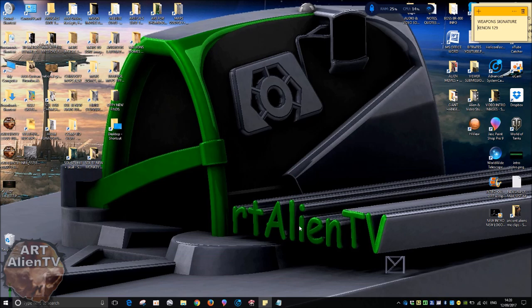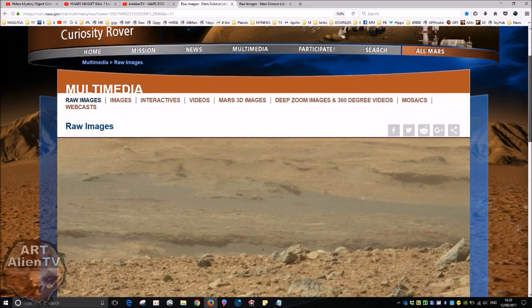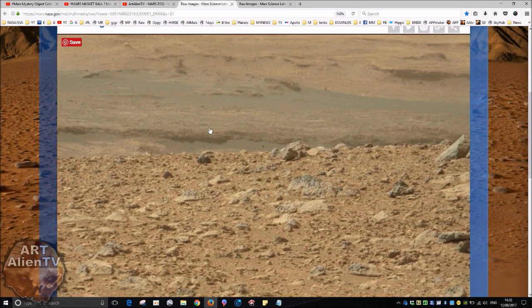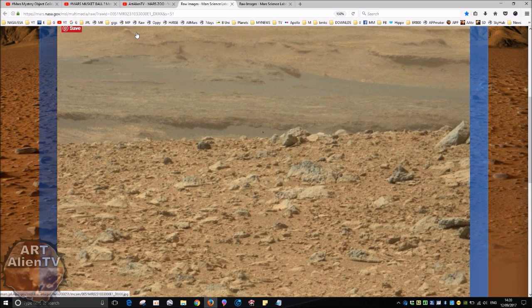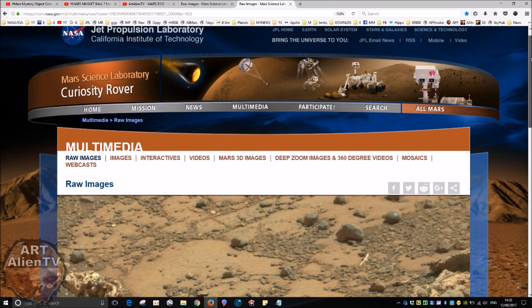Another quick game of interplanetary I Spy going on here. Back on Mars, and we are looking at a couple of images today. One of them is from Sol 51, which is this one. Interesting image. Nice bit of background there, bit of foreground. Some pretty average looking rocks there. But there is something there which caught my eye, and there's also this image,